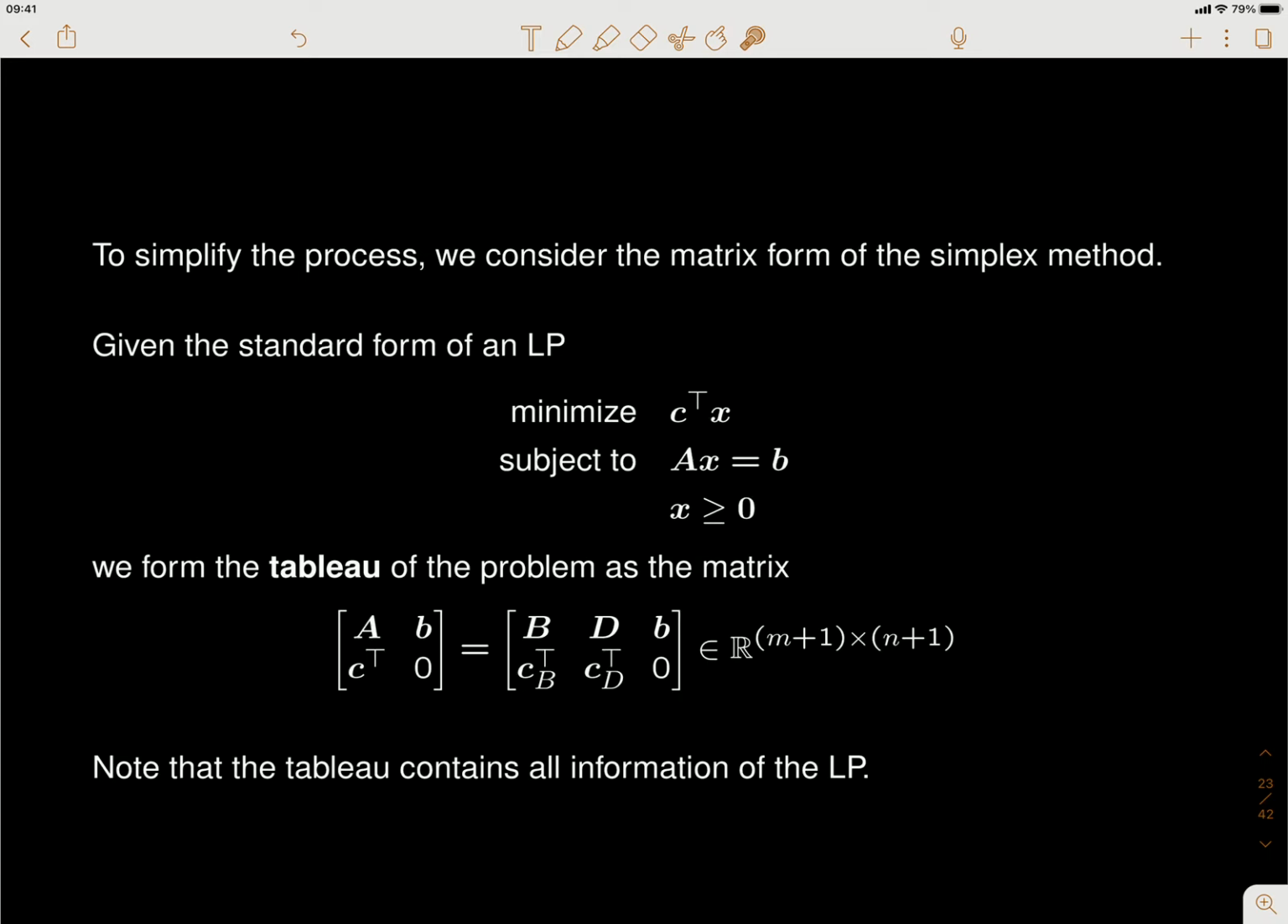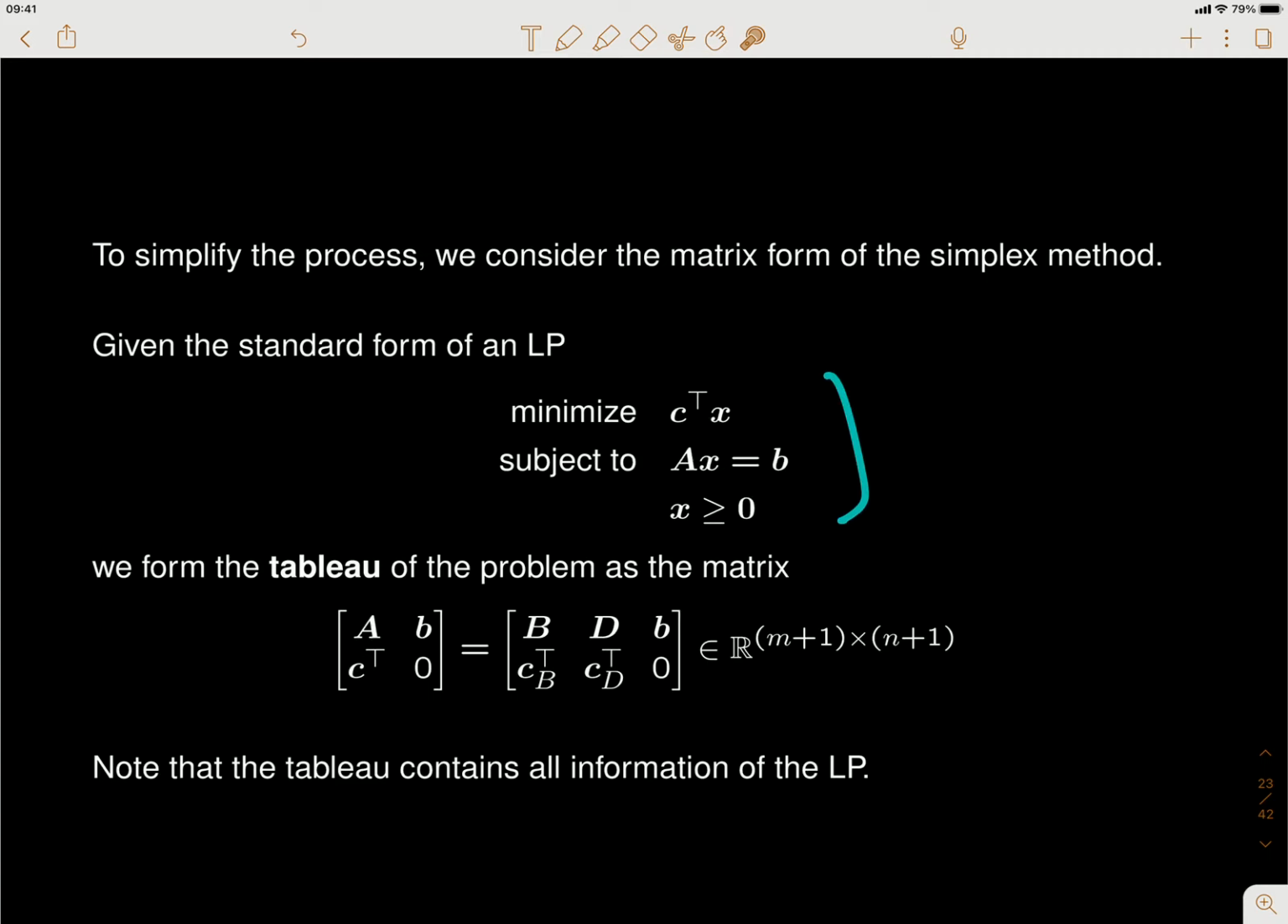But right now, assuming that we already have a basic feasible point, we should proceed with that and find the optimal basic feasible point. This matrix form I just mentioned for this part is called the tableau. Recall that the standard form of a linear program